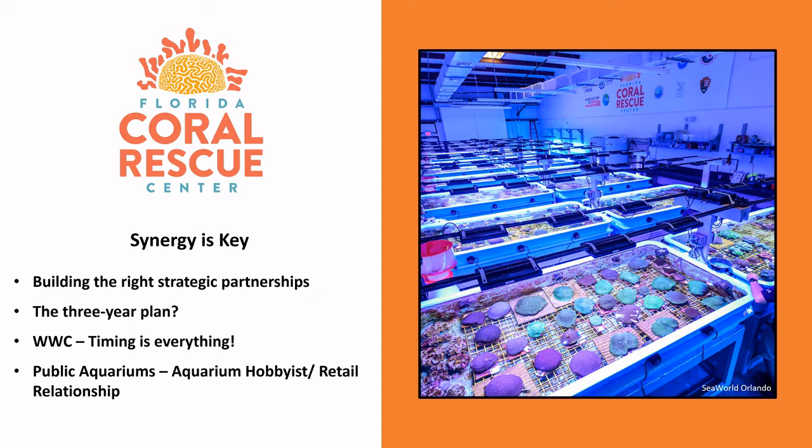What was interesting about this facility, we knew we had a short time frame. The corals are getting wiped out. We have to be able to get them in safe locations as quickly as possible. So we reached out to some of our retail partners. There's some folks out there that are very engaged with the fish hobby industry, billions of dollars going through that industry. They do a lot of retail sales. We were looking for equipment, tubs, pumps, filters, anything we could get to throw together some holding systems